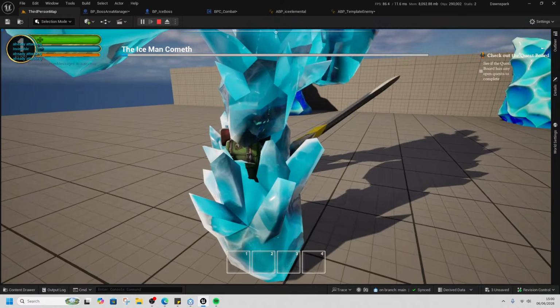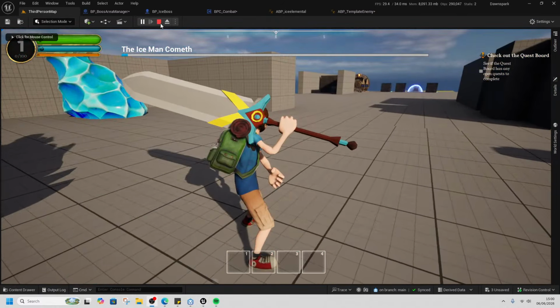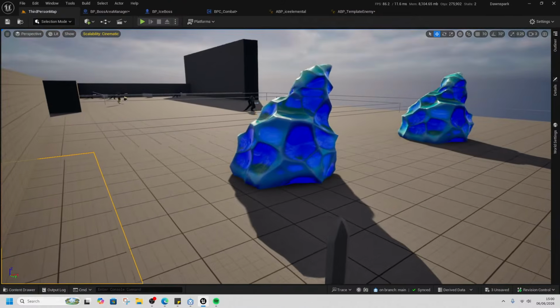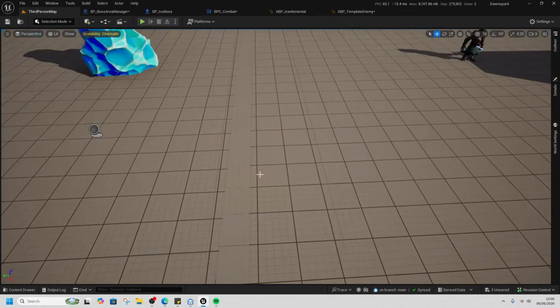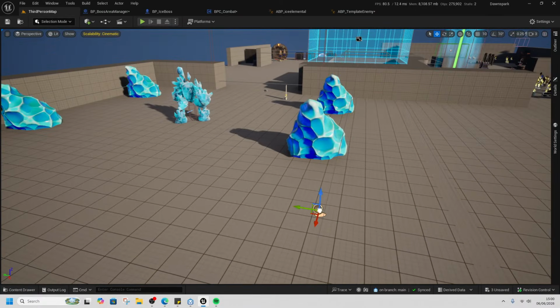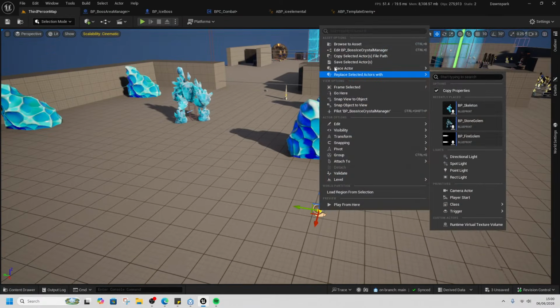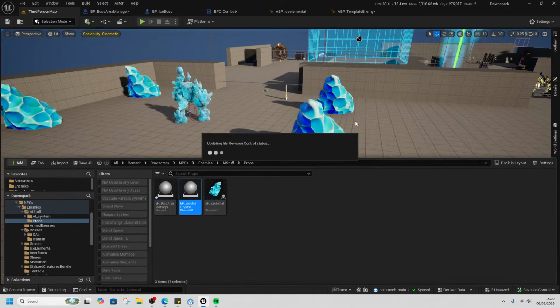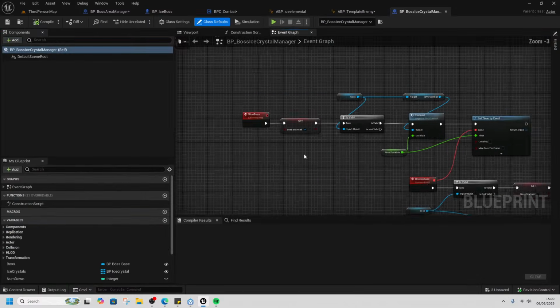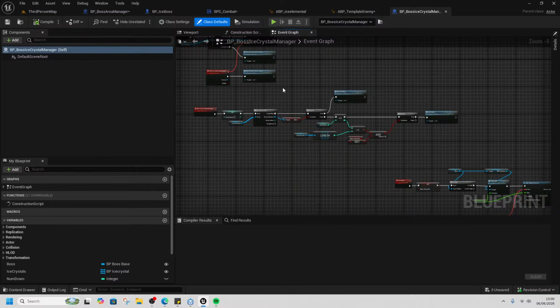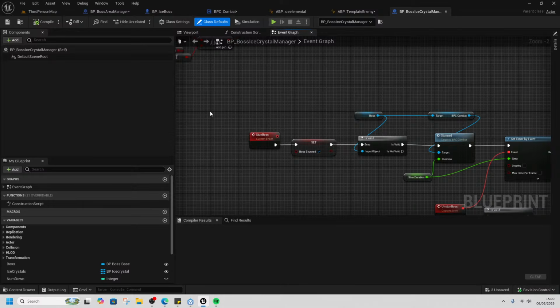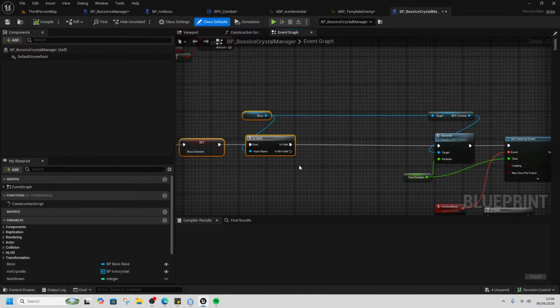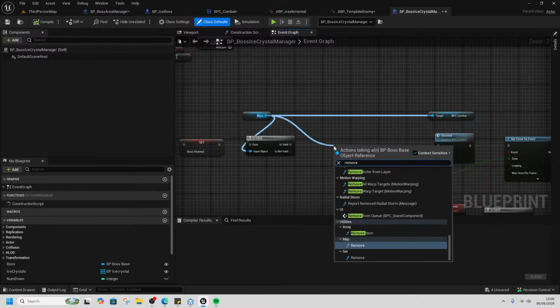There you go. So top left corner, it's printing. Nice. Good start. So then inside our little combat manager here for this area, we're checking if the ice crystals around him are destroyed. And if they are, then we're stunning the boss. And we can remove